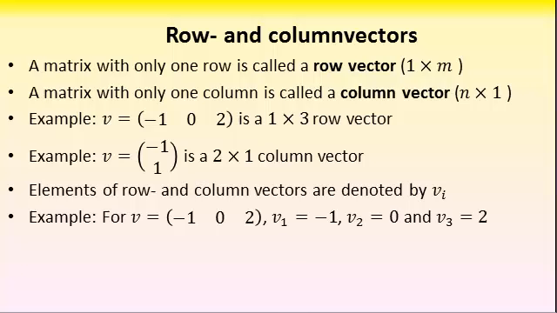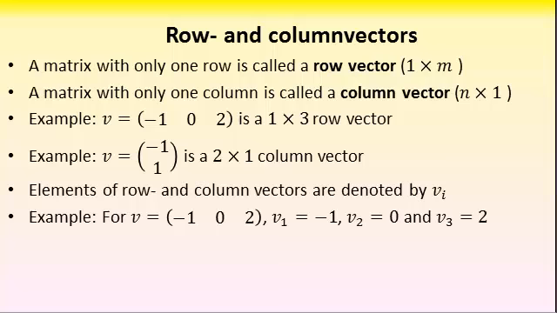For example, for the 1 by 3 row vector v equal to minus 1, 0, 2, we have v1 equal to minus 1, v2 equal to 0, and v3 equal to 2. It wouldn't be wrong to use the standard matrix notation and name the first element, the minus 1, v1,1, and the second v1,2, and the third one v1,3. That's okay,